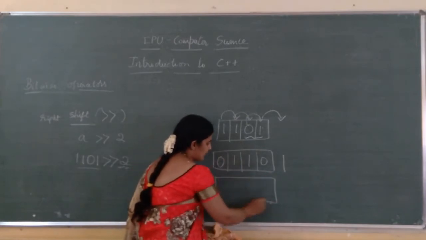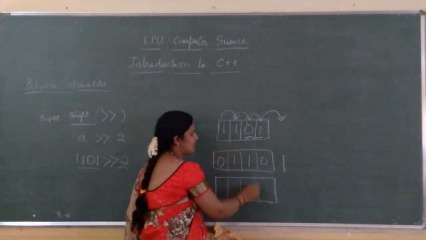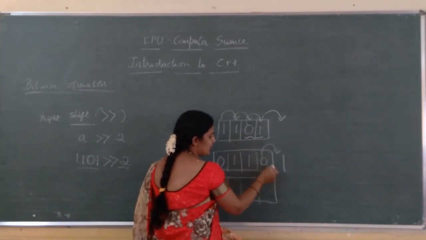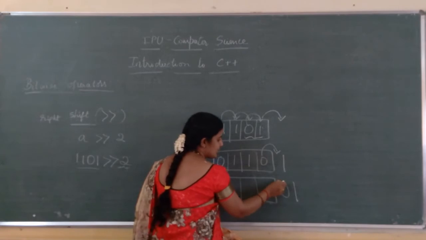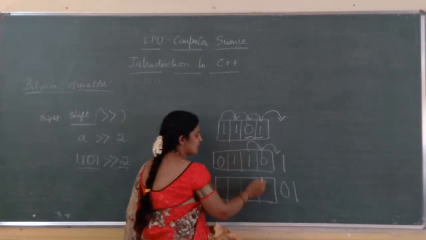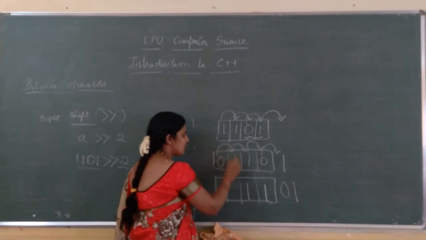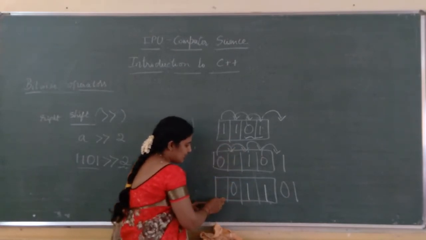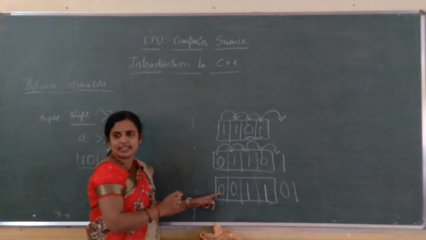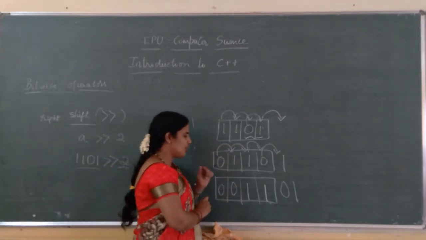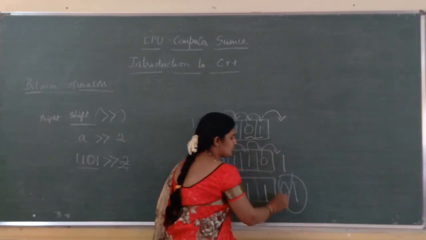And one more bit I have to shift, isn't it? Total 2 bits I have to shift. So this one I am going to shift out. Okay, so this 0 will be here. Next this one will come here, this one will come here, this 0 will come here, and finally one left blank space that I have to add 0. Okay, and here I get 0 0 1 1 and just forget about these 2 values.